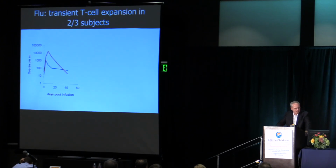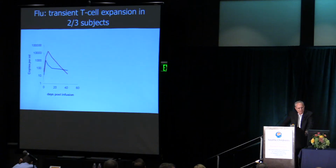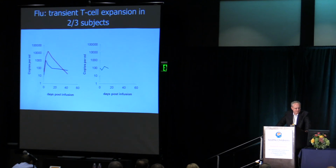If you look at expansion, in 2 patients we now see quite dramatic expansion, and the first value is a 3-hour value between 2 to 3 logs. However, it was transient in nature, and by 6 weeks after infusion the cells had almost returned to baseline. However, in the patient who was chronically lymphodepleted, getting fludarabine really didn't make a difference. And although it's n equals 1,